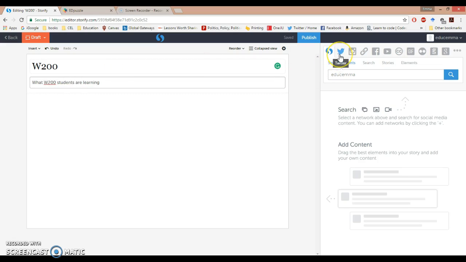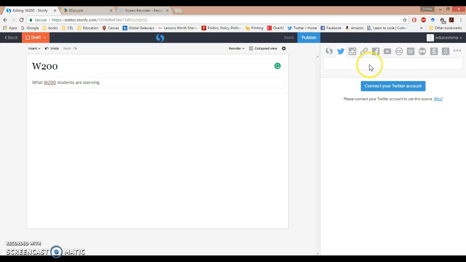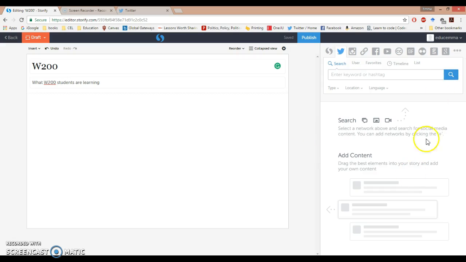Now let's say first I want to pull things from Twitter. If I click Twitter, I can actually search what's on Twitter. If you use Twitter, it is going to ask you to log in, and then once you're logged in, you can search anything on Twitter and pop up. So I want to look for the